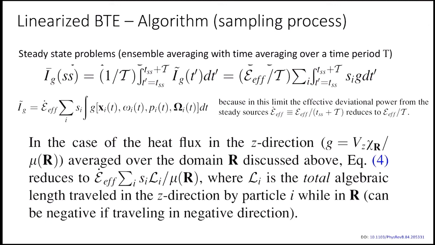Okay, so let's say again we are looking at the heat flux in the z direction. In the steady state, we know the power now. Whatever the sign of the particle, this Li is the algebraic length. So if this is our domain, and the particle is traveling like this, we would sum over all these algebraic lengths. Don't think of vector length, but the algebraic length, how much the particle has traveled in total. So we would sum over all segments this SI Li for all particles and divide by the volume, and we would get our steady state response. So this is, I think, pretty straightforward.